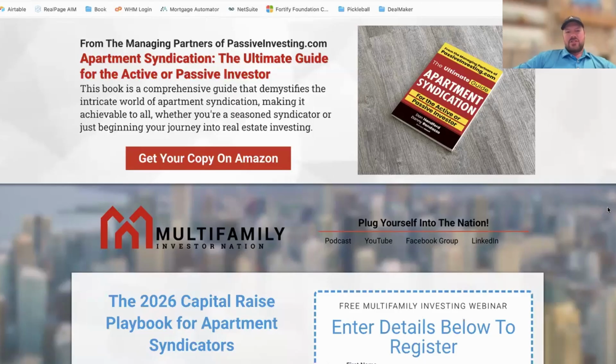And of course, debt has now started to stabilize a little bit more than it had. I also think that as Trump makes some changes with the Federal Reserve Chairman, we're going to start seeing some relief, if you will, on the debt side of things. That's just going to unlock even more opportunities for selling assets at some great valuations, but also buying assets at some good valuations as well. And so we are actively looking to acquire assets here in 2026. And I think that that's going to be a good thing moving forward.